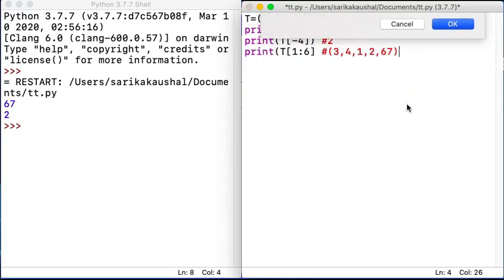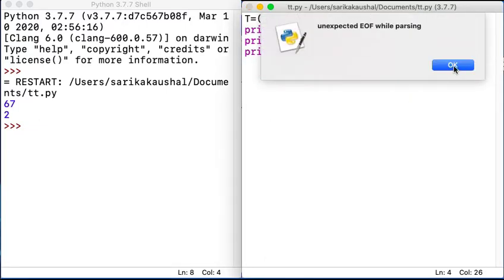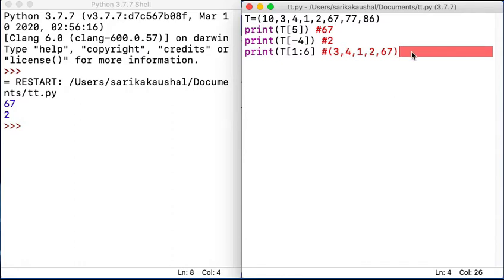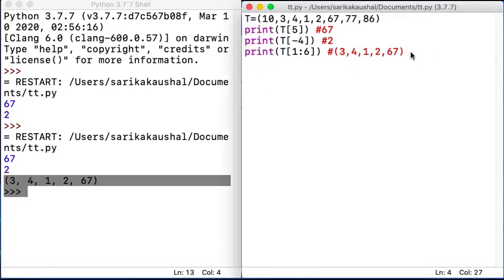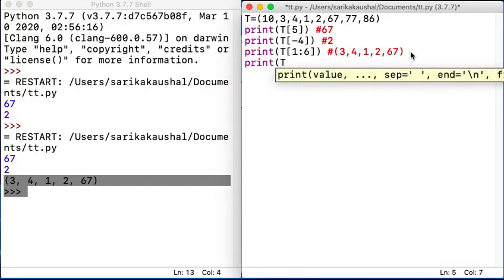If I try to execute this, it is unexpected, because I forgot to mention the round bracket. These are small things that happen. Now you can see the answer we have: because it's a tuple, it extracts the elements of the tuple, therefore your final answer is also a tuple. That's what you're supposed to remember. Now if I modify it and say print t[1:7:2]